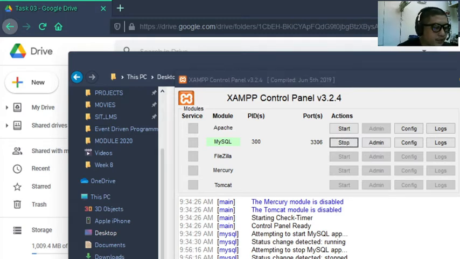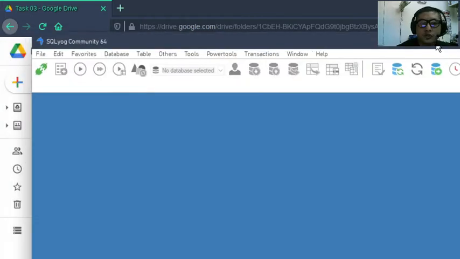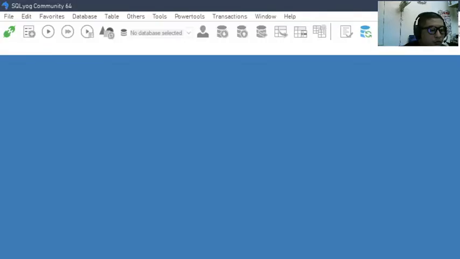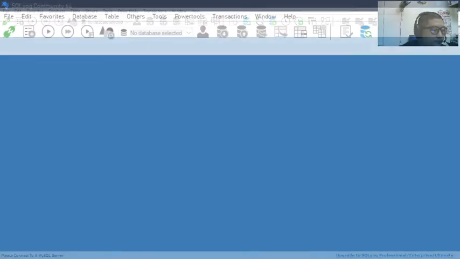In my case, I will be using the community edition version. It's an installable application. So if you have extra data, you can just download this, or you can use the portable version that I provided. This is a community edition which is free, and you don't have to pay for any license. So after you open your